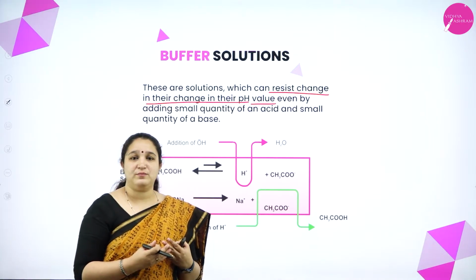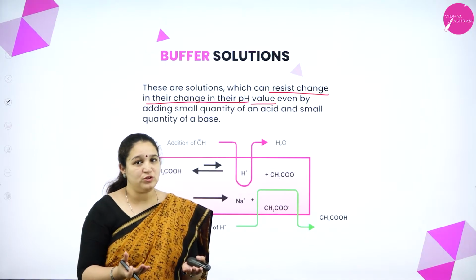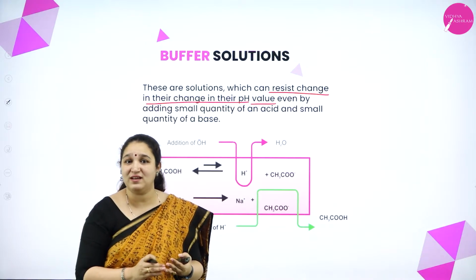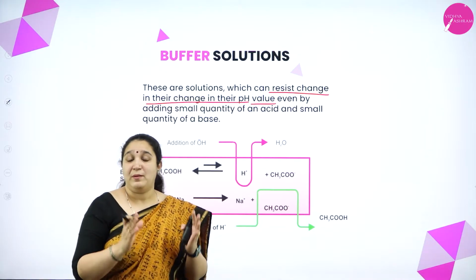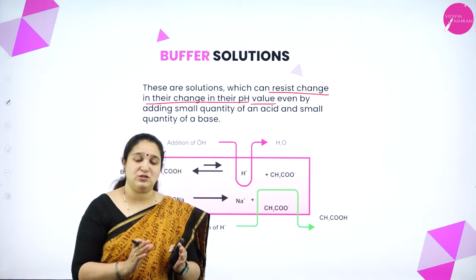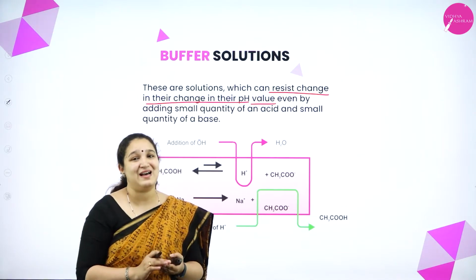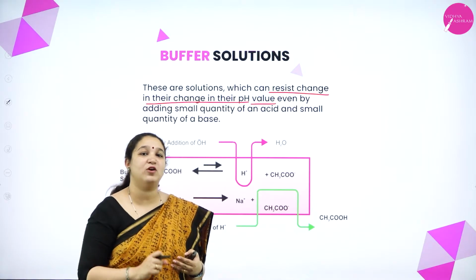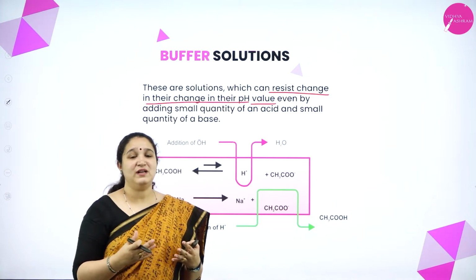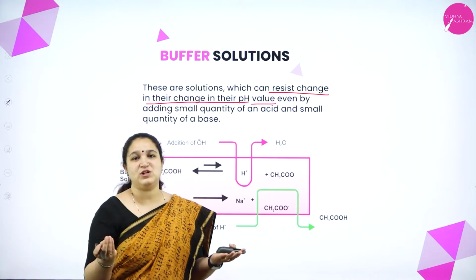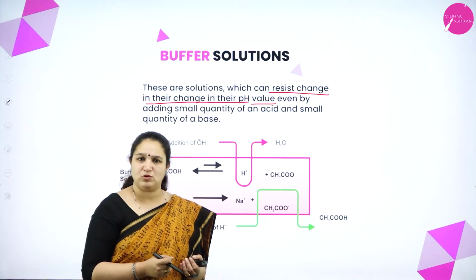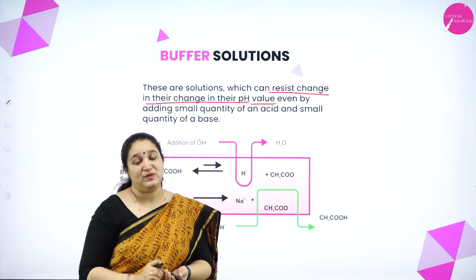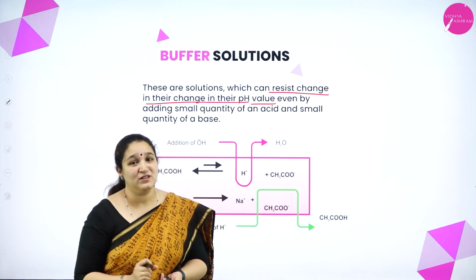If it's a normal solution, the pH would have changed because when you're adding HCl, the H plus ion concentration is increasing, isn't it? But as you add it to a buffer solution, pH will not change, it will remain as it is. So it can resist the change in pH when small quantity of acid is added. Similarly, if you add a base like sodium hydroxide, 1 ml, to the same buffer solution, still the pH will remain same. That is called a buffer solution.